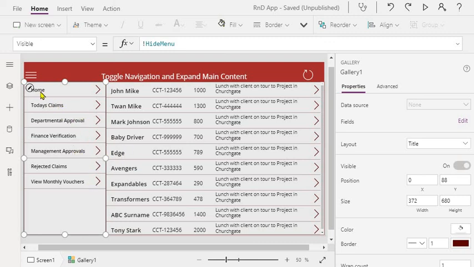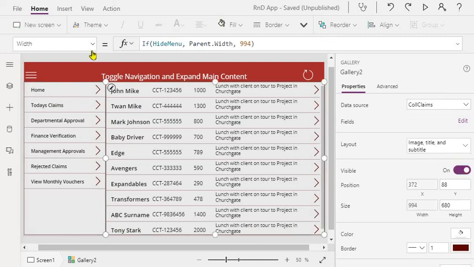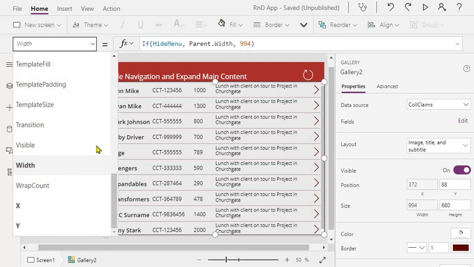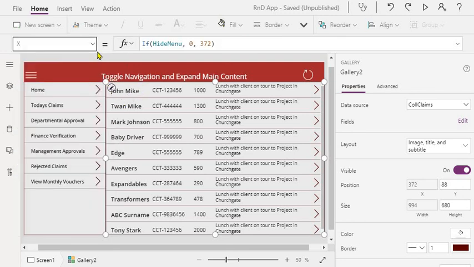Now when the menu is hidden, we are going to set a few properties of your main area or main content, you can say. So when you hide the left side navigation, we would like to set the X position of this gallery to 0, because it should start from the leftmost side, right?